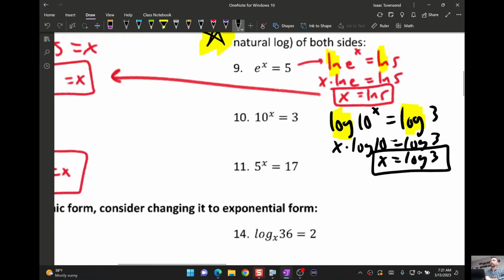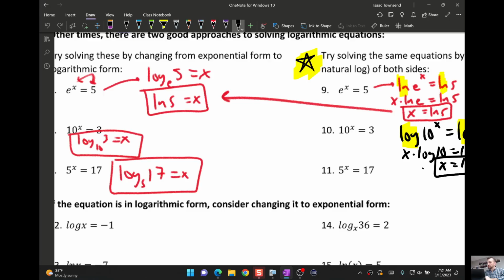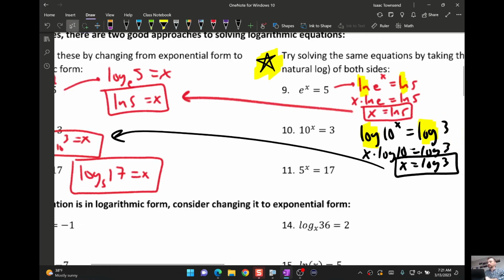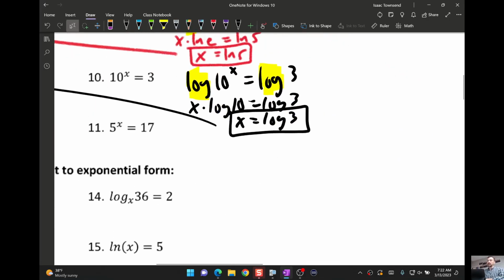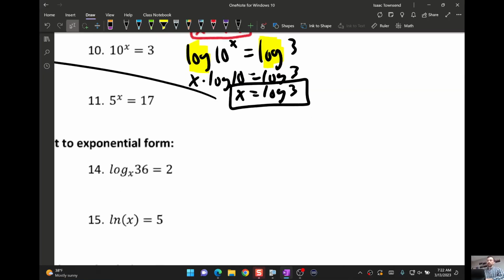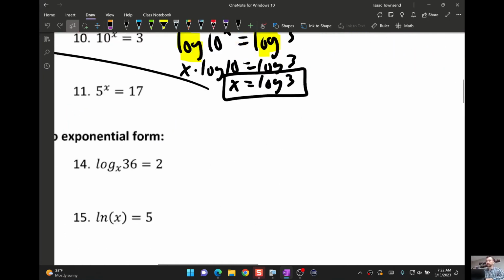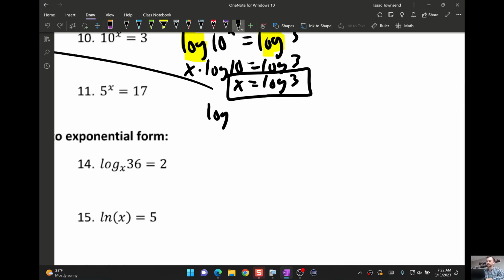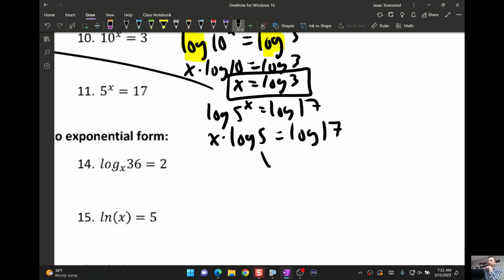So we get log of 3. Same thing as over here. Okay, and then one more. If we took the log of both sides here, and then bring the x down, and then undo times with divide,